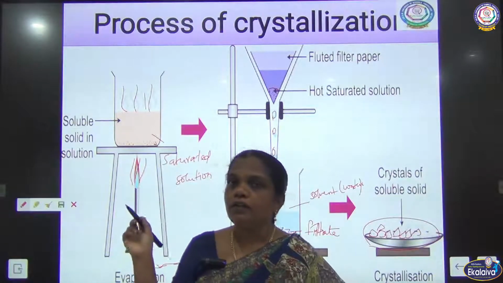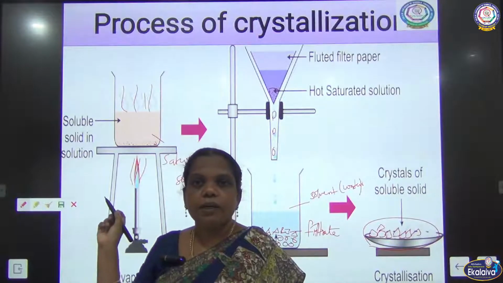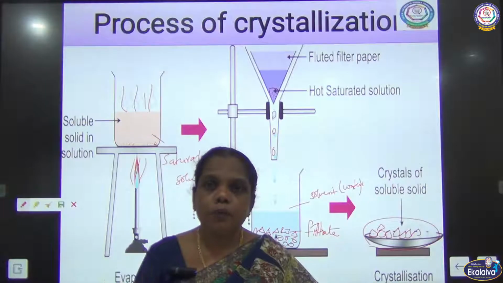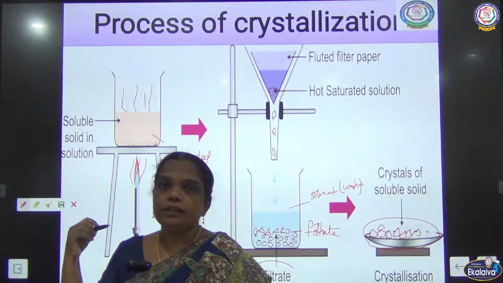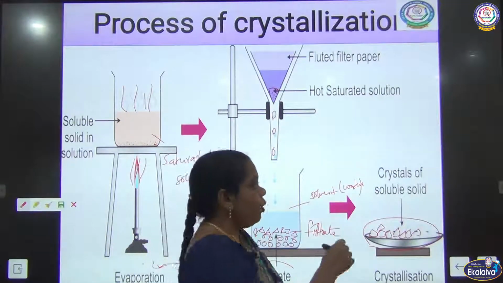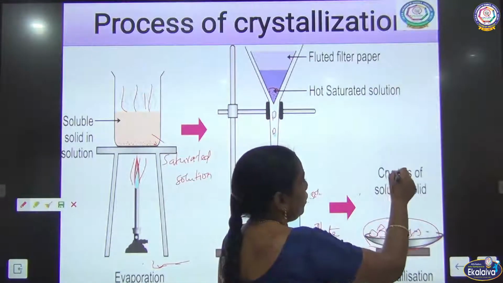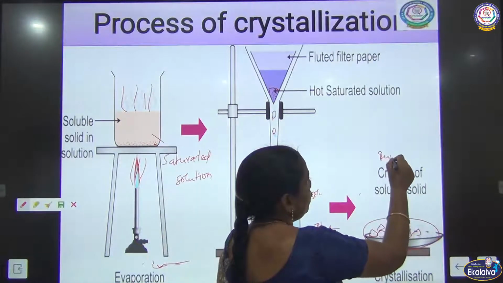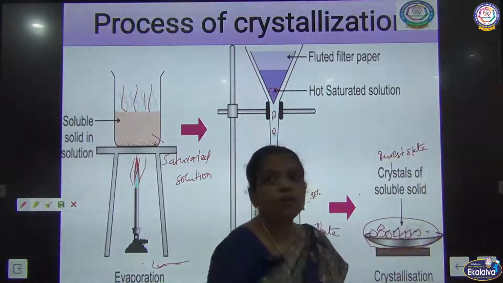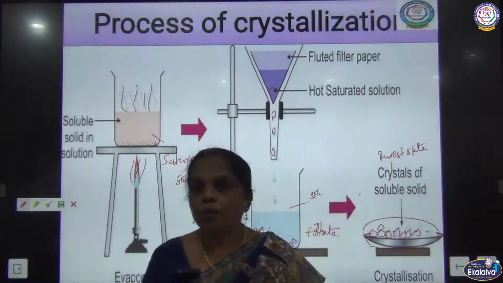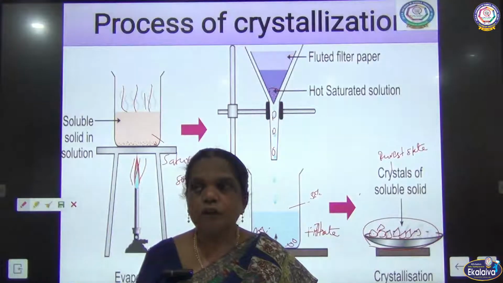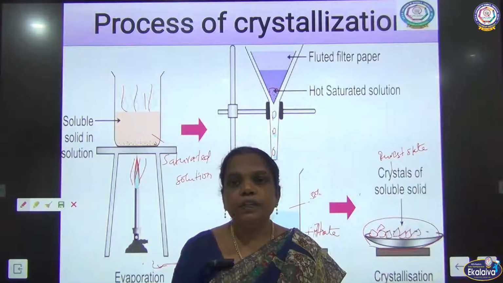Here we are dissolving the same substance, but the substance is in an impure state. After the crystallization process, we take the same substance in the purest state. We take it in the form of what? The purest state of the substance. So there is no new substance formed during what? Crystallization. So it is also one of the examples of physical change.